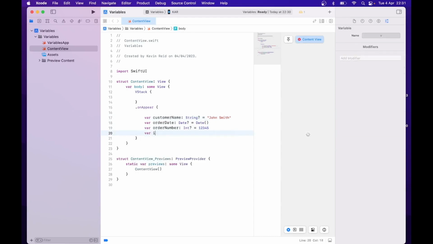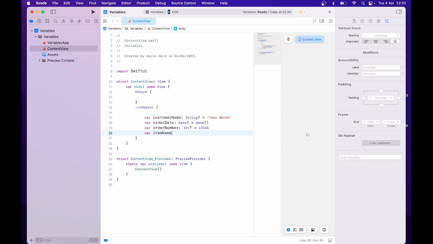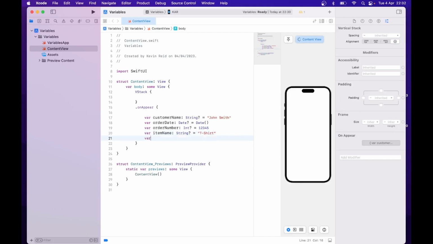var itemName: String? = "T-shirt" var itemPrice: Double? = 20 var itemQuantity: Int? = 2